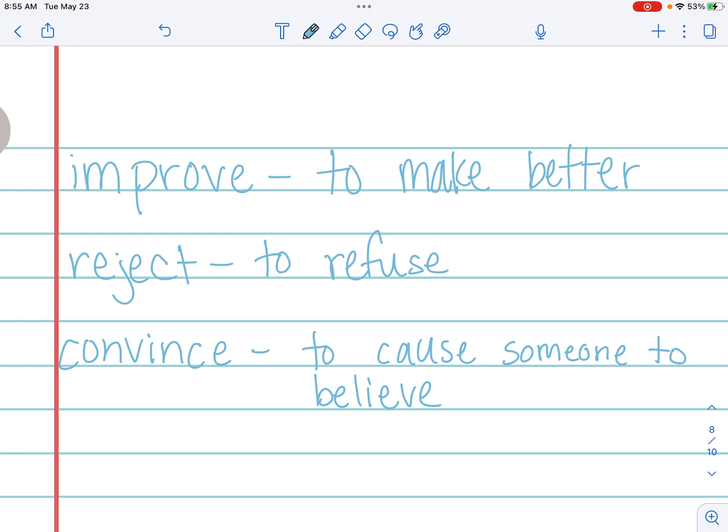Okay, when you are done writing those 3 words and what they mean, you will be done with the deep dive. Don't forget to take a picture and add it to your